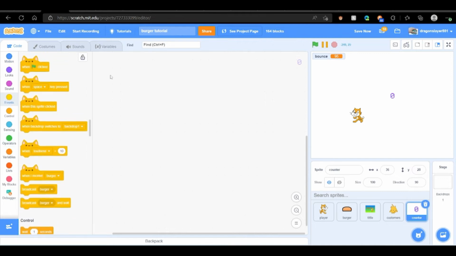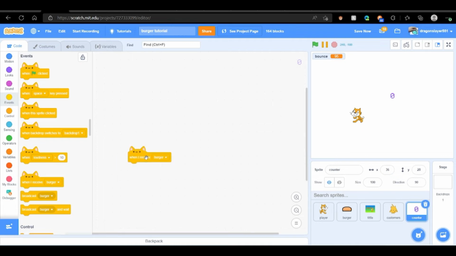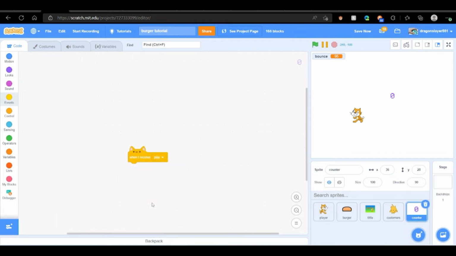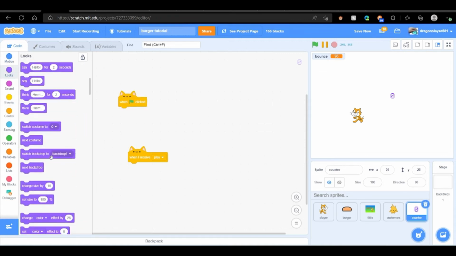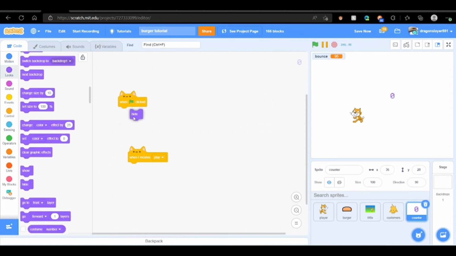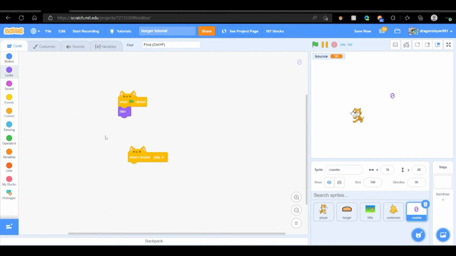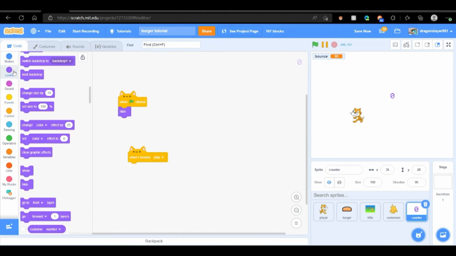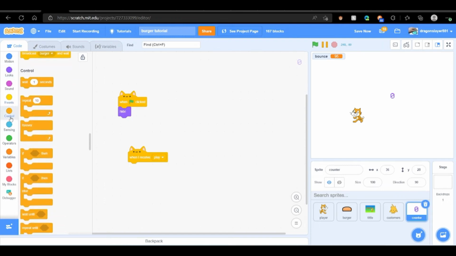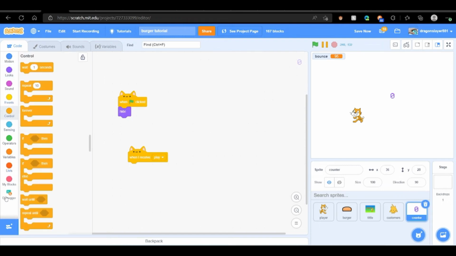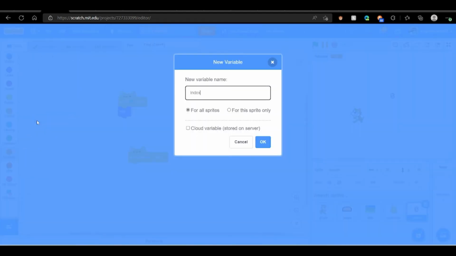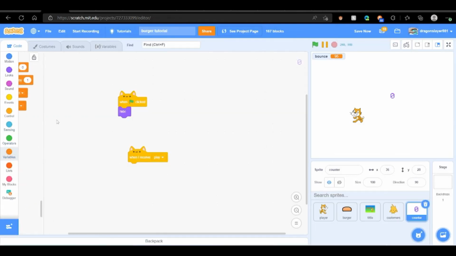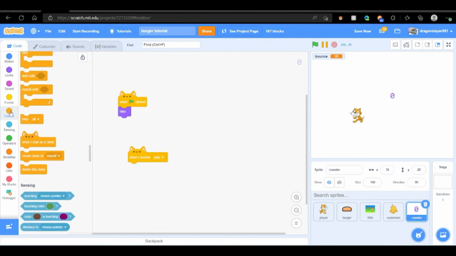So counters aren't as hard as you think. So when I receive play, well, we're just gonna do when clicked. First, we're gonna hide them. And when I receive play, then okay. First, I'm gonna have to make index. I forgot to do that. Index for this part only. So when I receive play, then